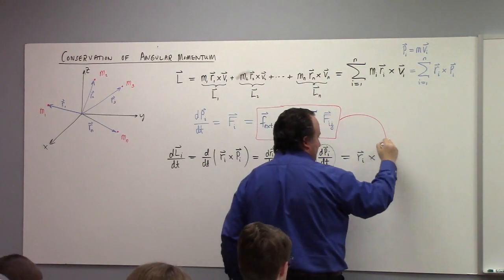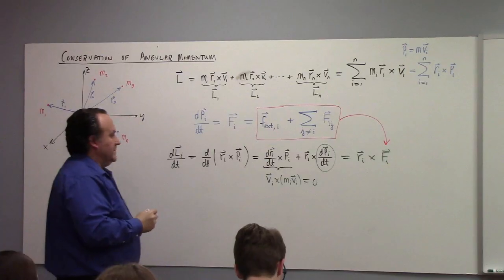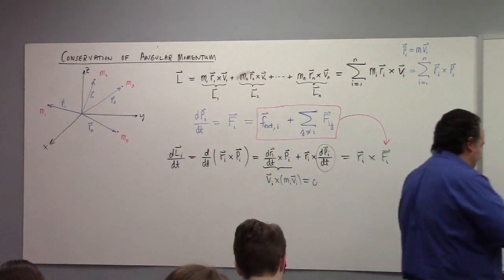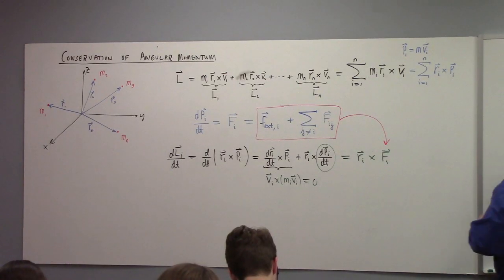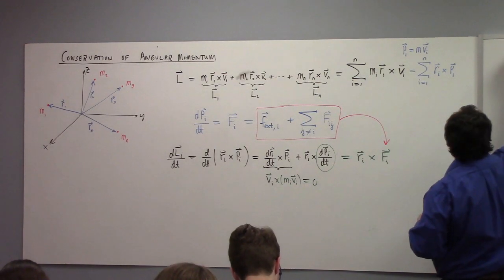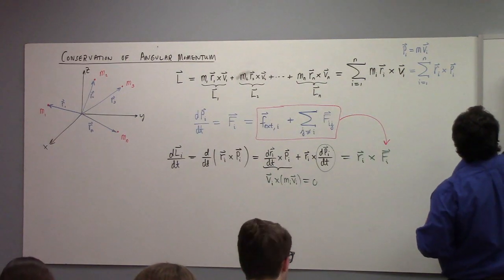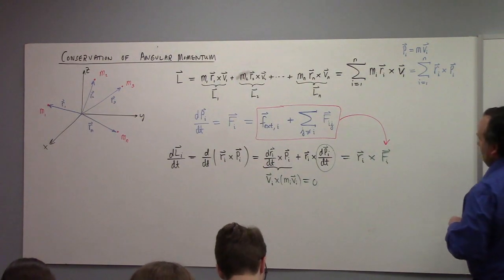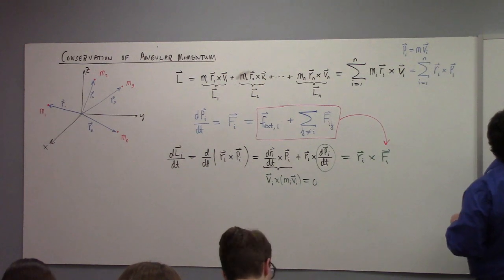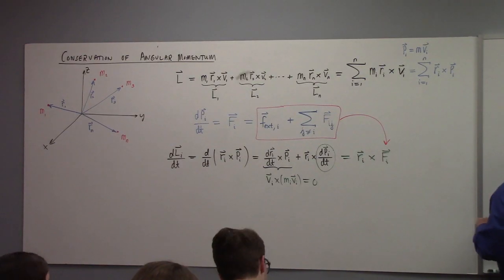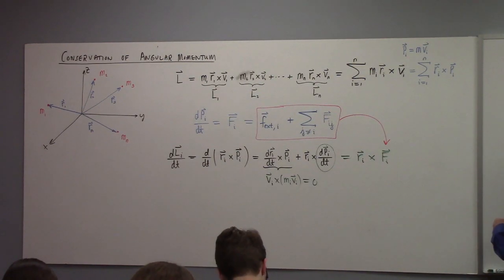We can put that in here. And so this shows me that, in fact, dLi dt is going to be equal to r sub i cross the external force, the ith one, plus, and I